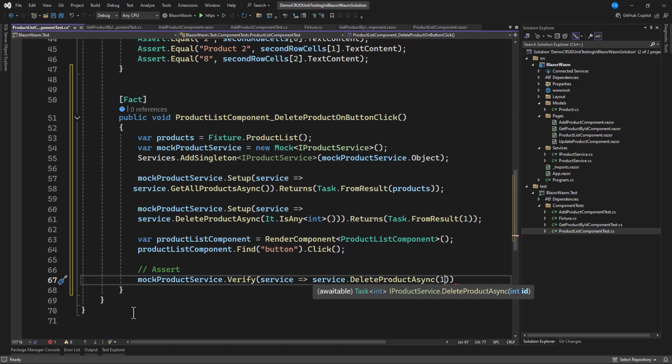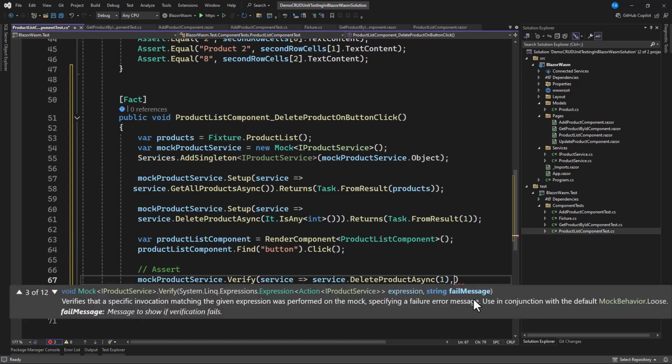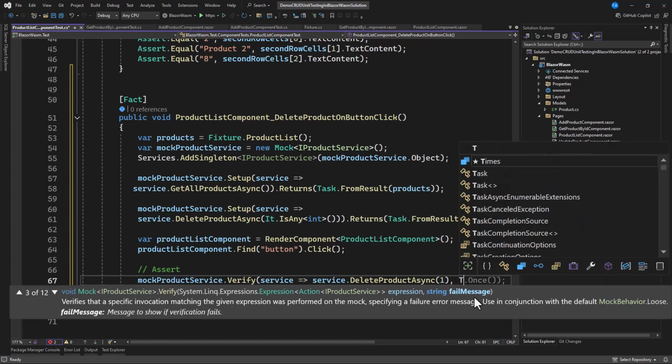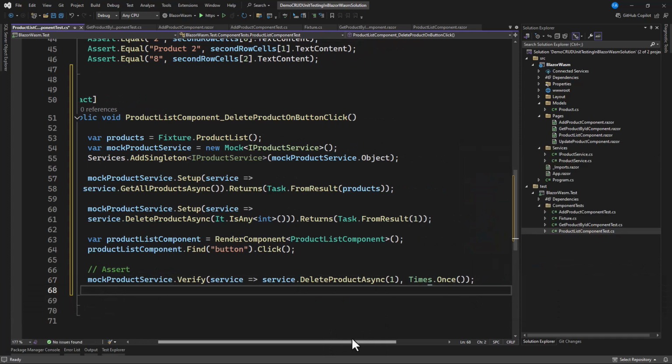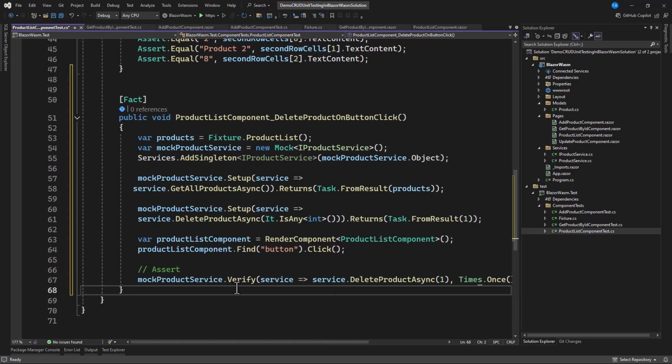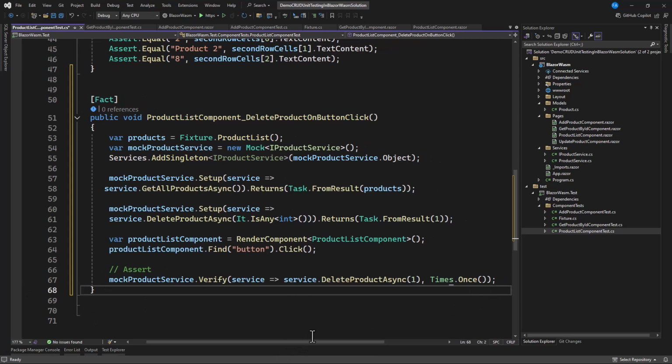Then the number of times this operation occurs is once. So let's make that also happen as once. We need to get the remaining product, isn't it? So we can check. We are saying var get the remaining product. We can get it from this product list component